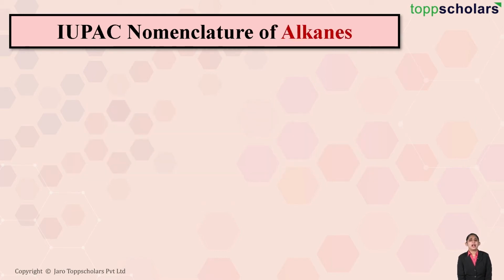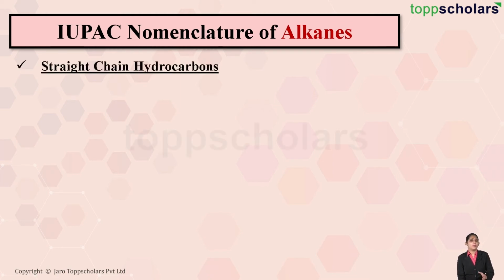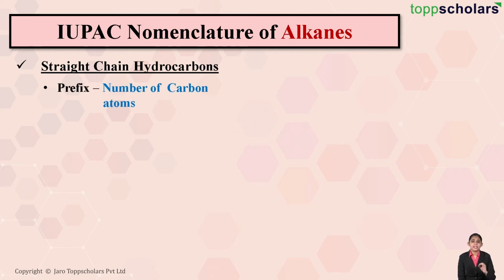So now let's see how we write down the IUPAC nomenclature of alkanes. Alkanes are straight chain hydrocarbons. In naming these alkanes, we need to remember that the prefix we have to use is the number of carbon atoms. So the prefix will be the number of carbon atoms that are present in the